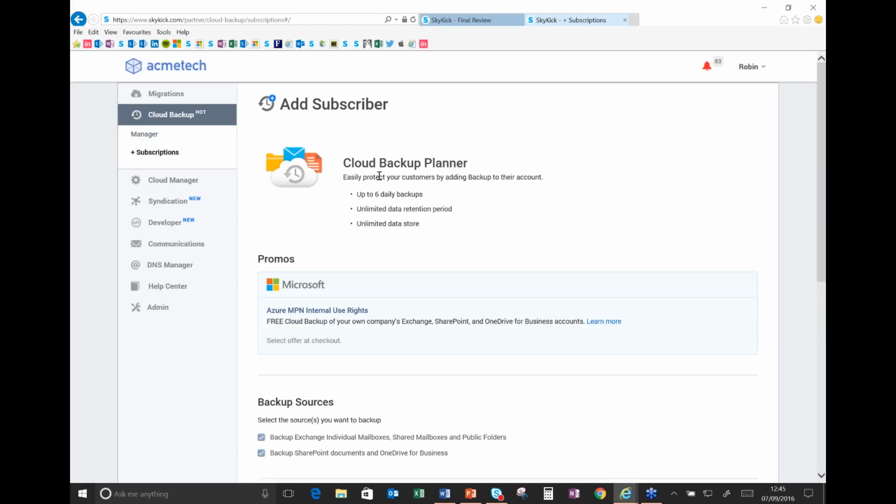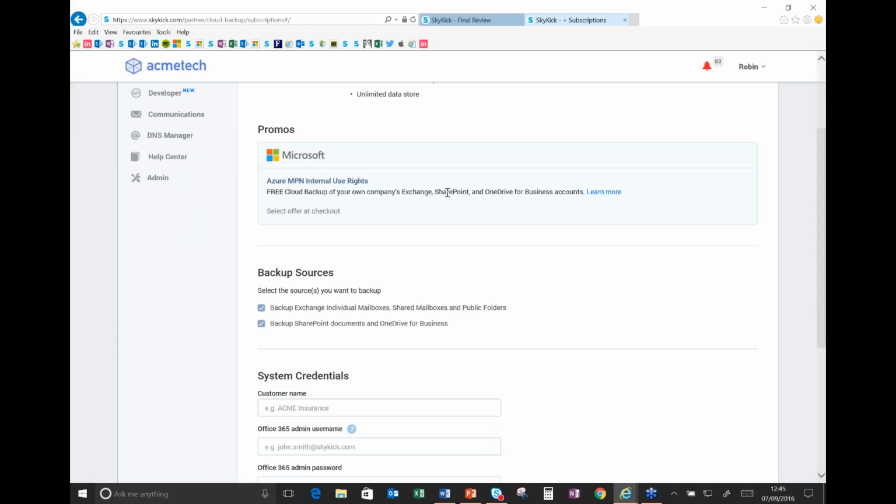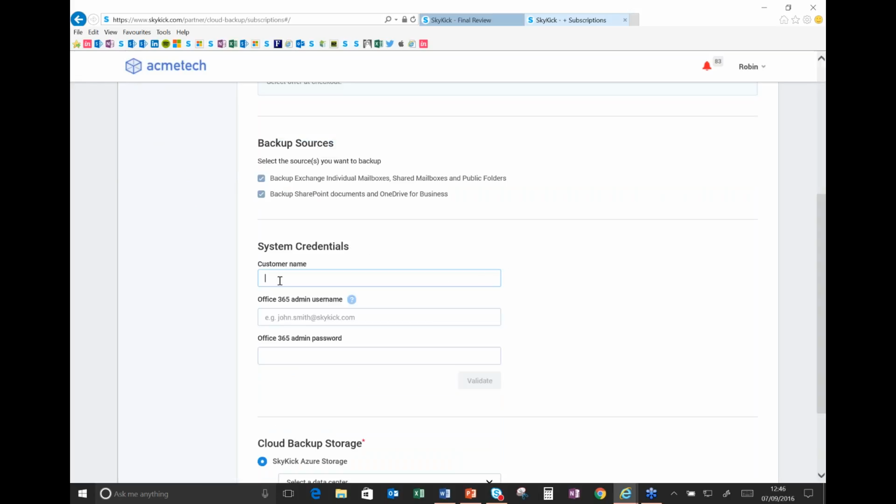Now, Microsoft has also made our backup solution available to you as partners. If you have an Azure IUR credit, you can use our backup solution completely free as well. So if you are running Office 365, we strongly urge you to do that, and you can follow this process in a minute. Now, let's say we've already migrated the Dubai Ice Cream Company,